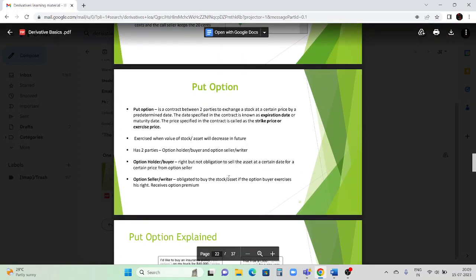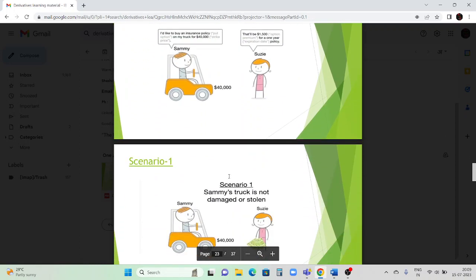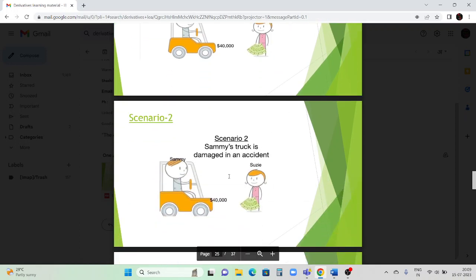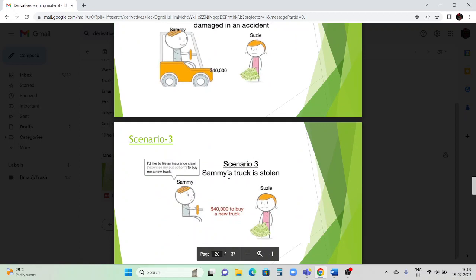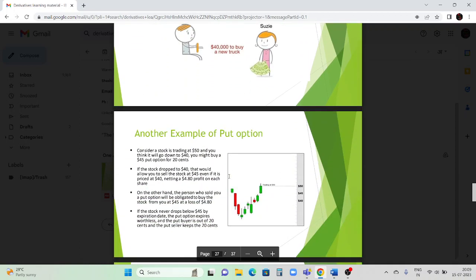So this PDF has literally 37 pages. So in case you need this PDF, do let me know so that I can forward it to your mail ID. You can utilize it, learn, and make sure that you are able to get each and every concept